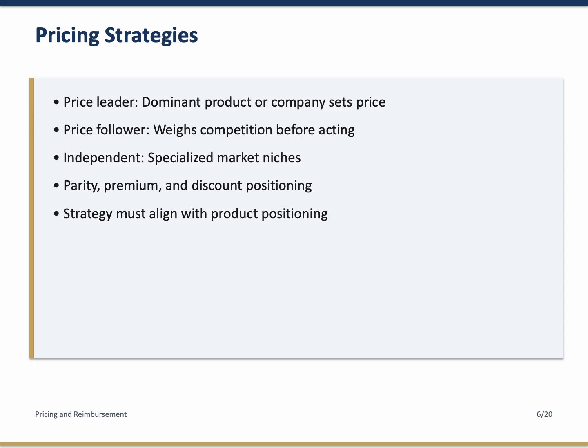Market position strategies include price leader, usually the dominant product or company that sets market pricing expectations. Price follower carefully weighs pricing moves of competition before committing to changes. Independent strategy is characterized by specialized market niches such as rare diseases or orphan drugs. Price level strategies include parity pricing to meet competition, premium pricing based on superior attributes, and discount pricing to penetrate